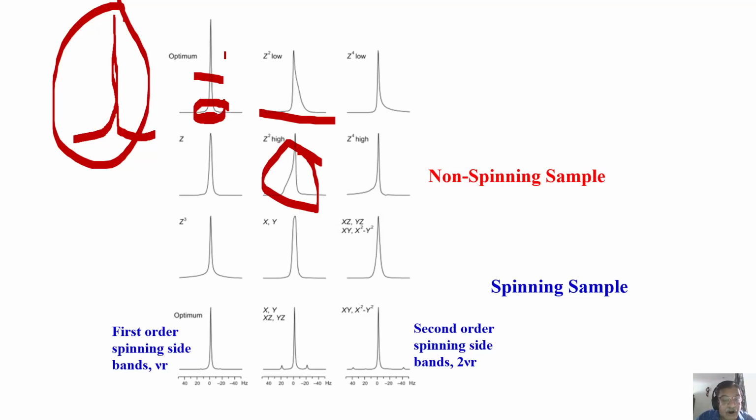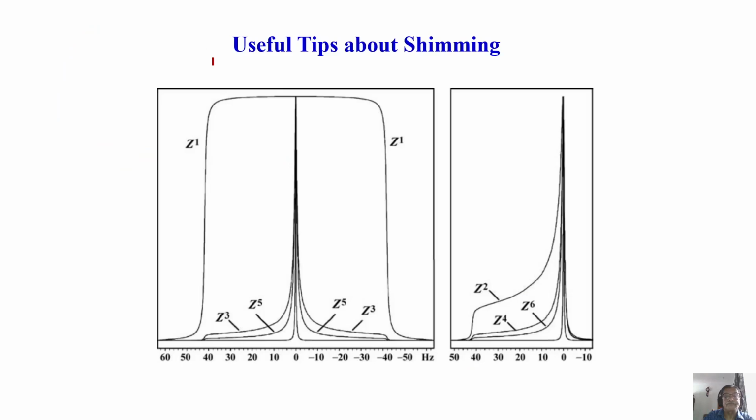After doing all those things, you have to use a sample called chloroform, CHCl3, get the proton peak, and measure its line width: the full width at half height, the line width at 0.55% of the height of the signal, and at 0.11%. Exactly at the center of the peak, you measure the line width, that is called full width at half height, and then get the line shape. I'll tell you when we go ahead further.